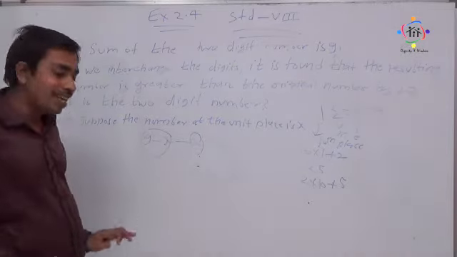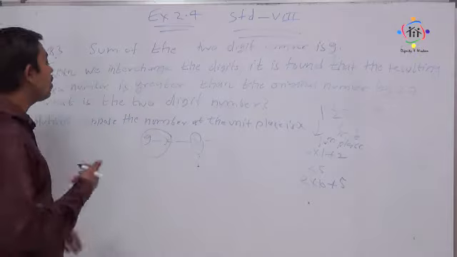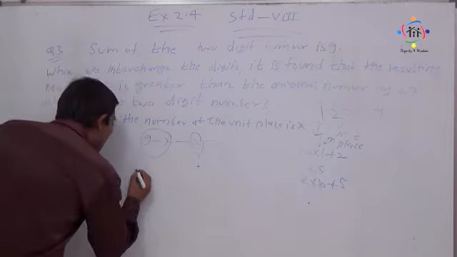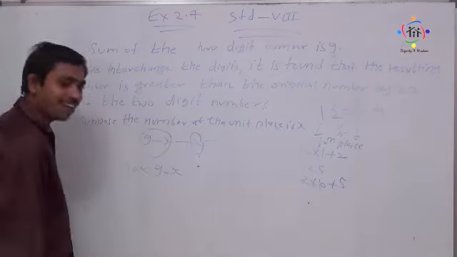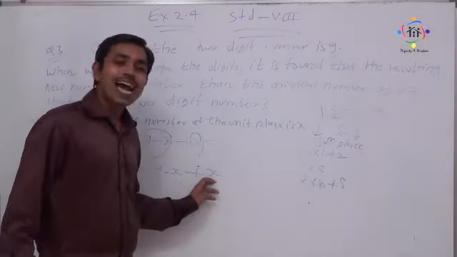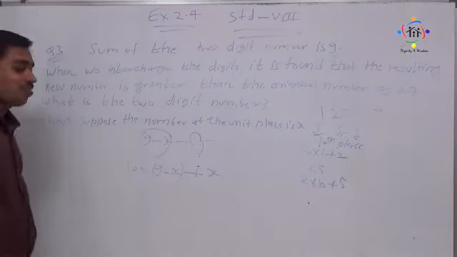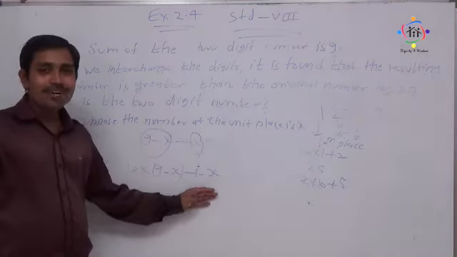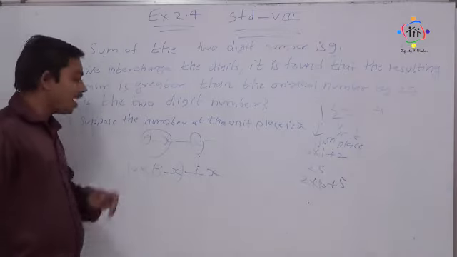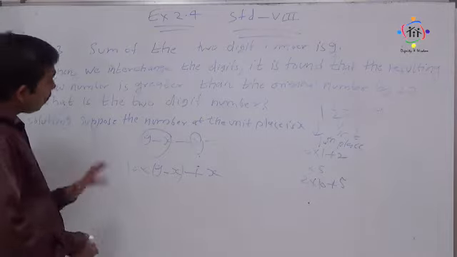Okay. So before proceeding, let us interpret these digits in terms of a number. How to write it in terms of a number? As I told you, the 10th place number will always be multiplied with 10, and the unit place number will be added as it is. So now this is the way of writing a number. This is the required number. At the unit place there is x, and at the 10th place there is 9 minus x, my dear students. Okay, is it clear?